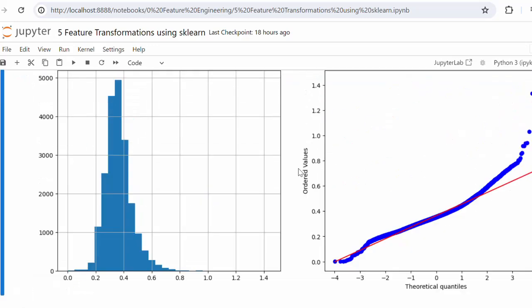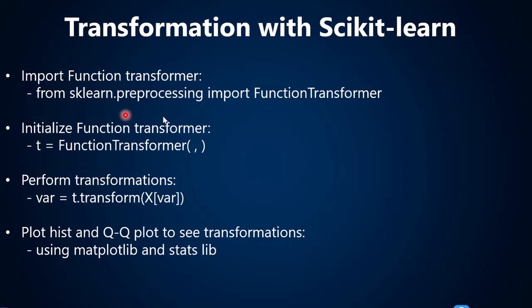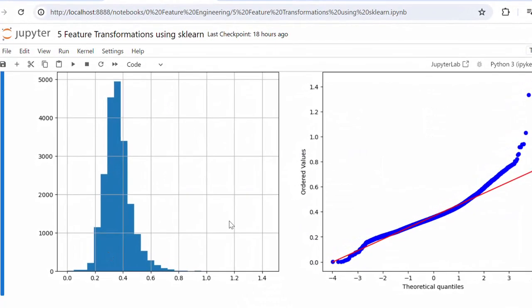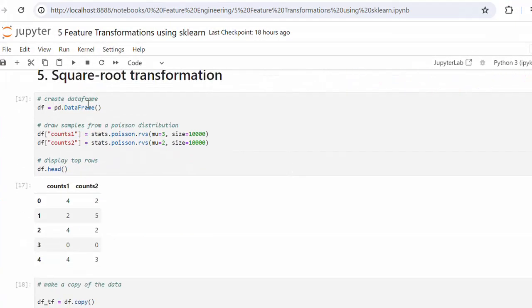Hope you understand how we are performing transformations. What we are doing here are very simple steps, right? Import the library FunctionTransformer, initialize the FunctionTransformer, pass which type of transformer you want to use, log, reciprocal, or square root, or power transformer, and then use one function which is nothing but transform, and the new column will be completely transformed for us. And finally, we are plotting QQ plots just to see how data looks before and after the transformation. Okay, so if you are good till here, let's proceed and talk about the next transformation, which is square root